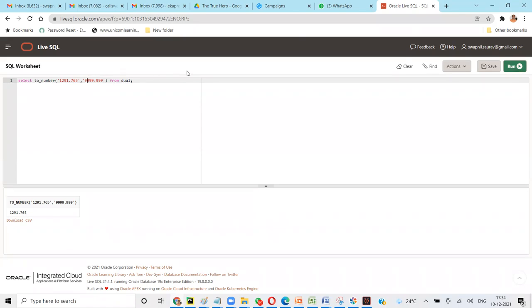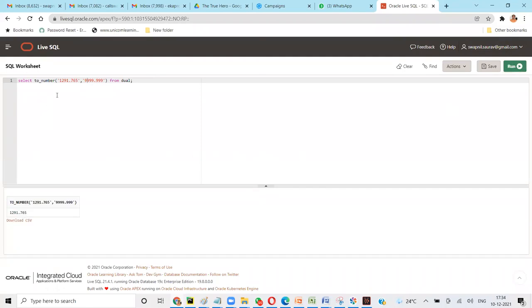Okay. But if I put a comma here, now see, when you put a comma, comma will be for text, not for a number. Number doesn't accept comma, isn't it? Only text will accept comma. So this is giving invalid number for sure. But when we give it, it doesn't need to be 4 nines here. It is giving error. It actually should convert into that format that we give.